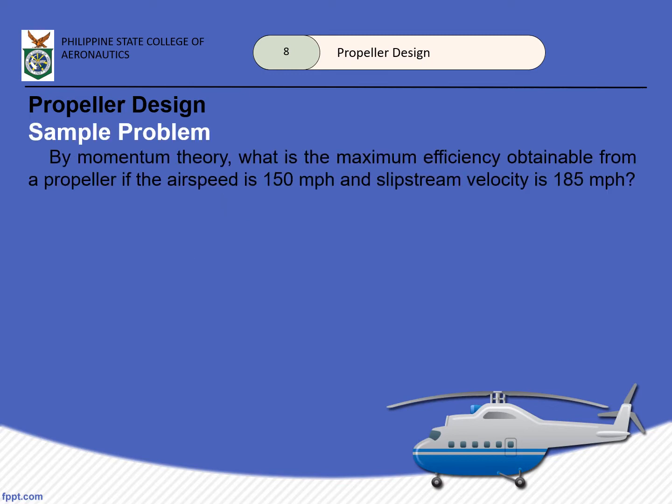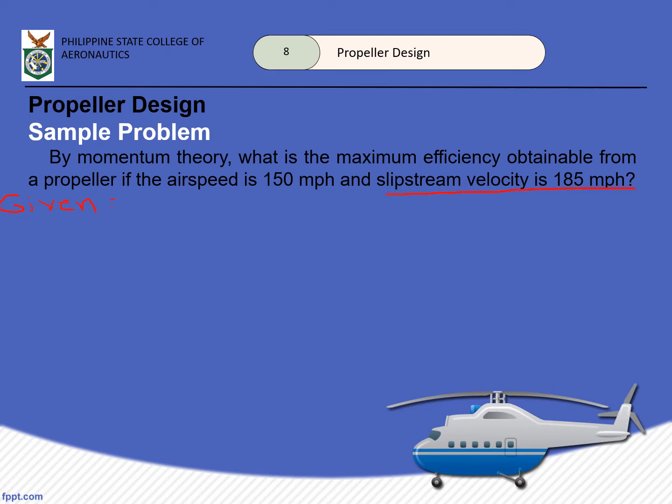So, our sample problem, using the momentum theory: what is the maximum efficiency obtainable from a propeller if the airspeed is 150 miles per hour and slipstream velocity is 185 miles per hour? So, syempre, as engineering practice, we would be listing out the given first. Sorry for the ugly handwriting again. The given first is